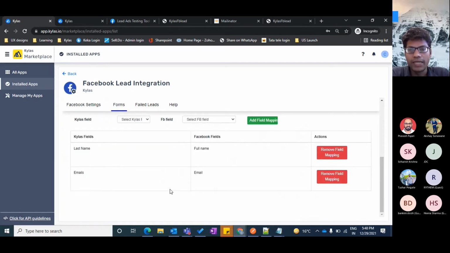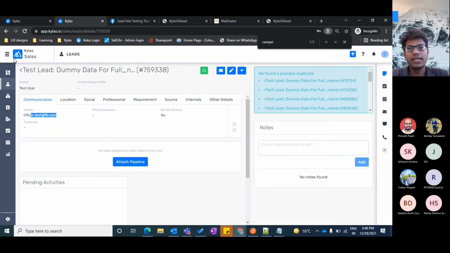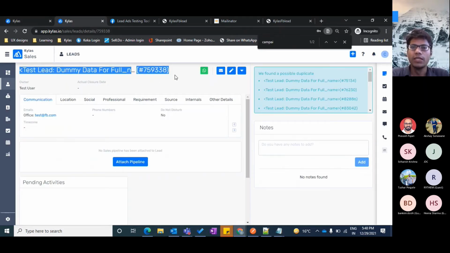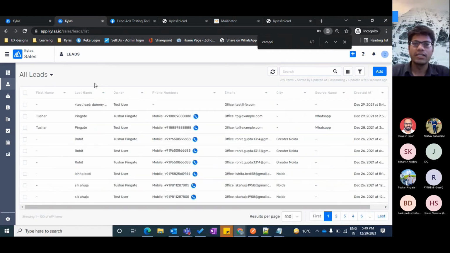So that is how we connect our Facebook account and the leads come in. Similarly to how a test lead has come from Facebook, there will be live leads showing interest in your Facebook campaigns. They will keep getting accumulated in your lead listing page, so that your sales team doesn't have to go to the Facebook data to see how many people have shown interest. They can directly log into Kailash and start working on the leads, right?